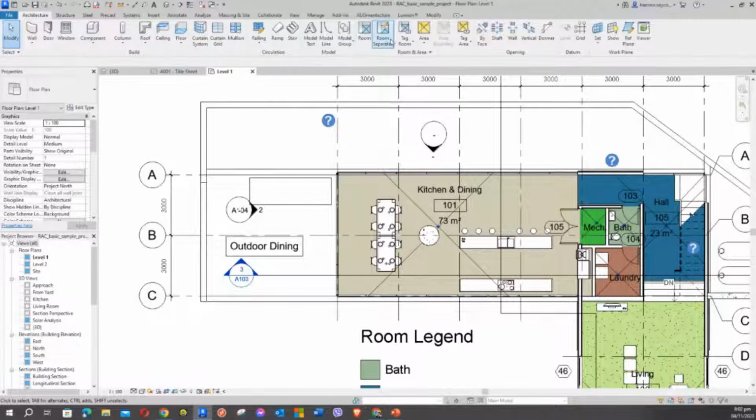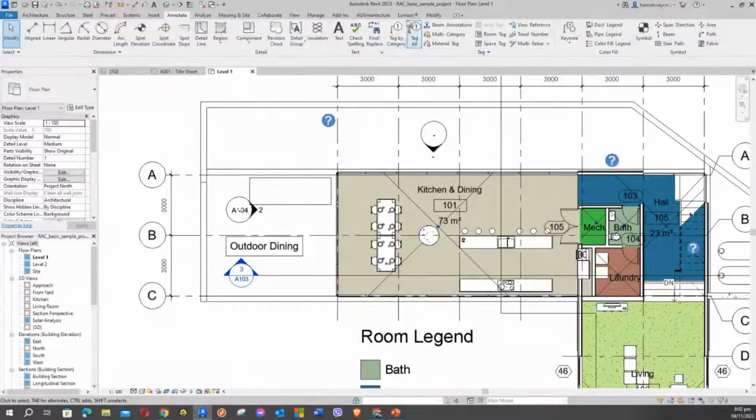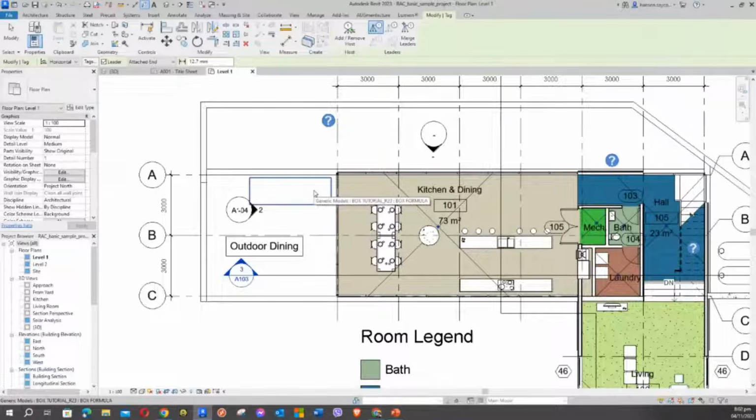You can see those tags, areas, yan, room, and then dun sa annotate, you can see those thing in here, tags on the annotate, and then this tag groups, and we can click add tag category. So if I'm going to click this and click this generic model,